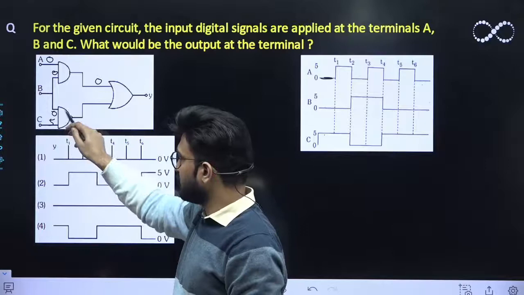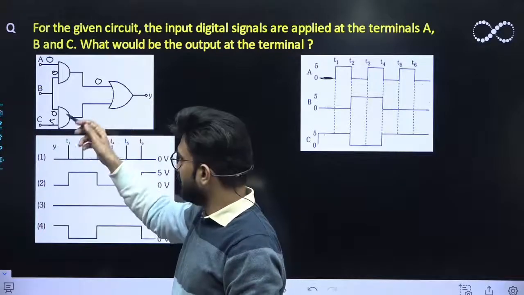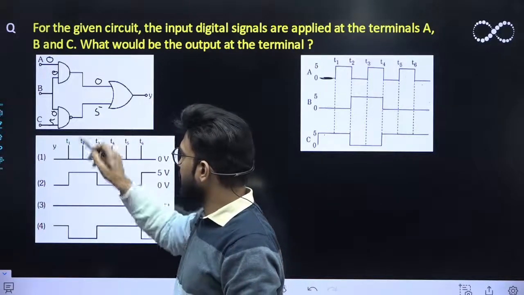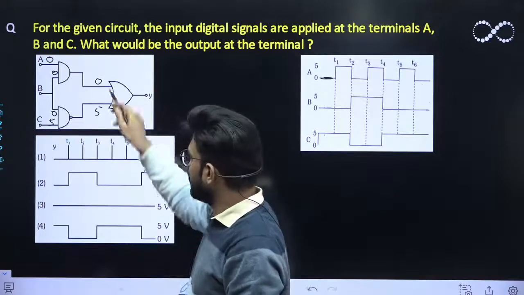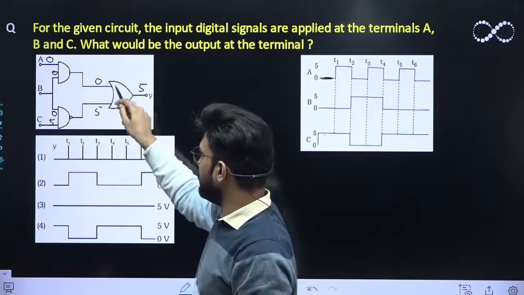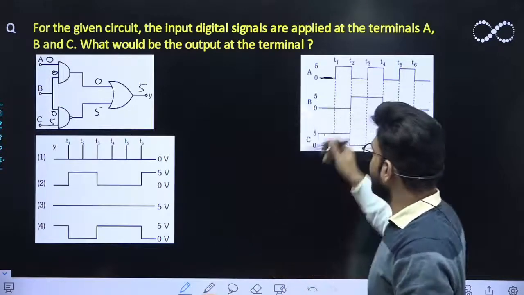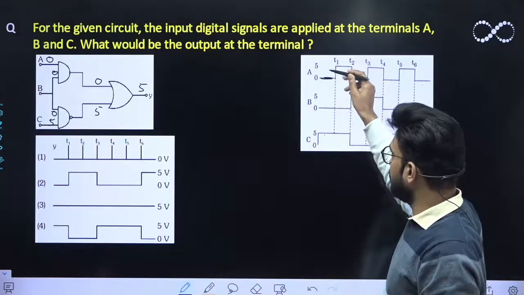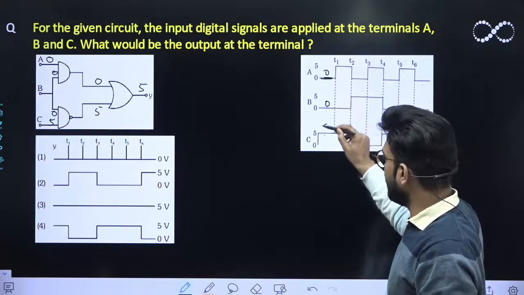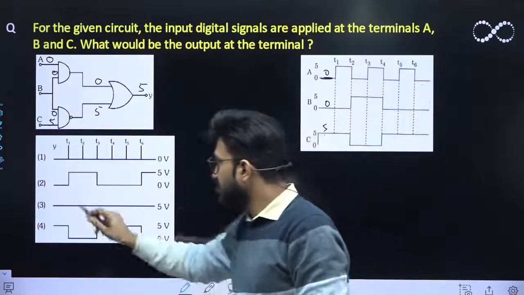This is also an AND gate, 0, 5 gives 0, and 5 you'll be getting over here. Okay, and 0, 5 comes out to be 5 because this is an OR gate. Okay, so that means if the input signal is 0, 0 and 5, you'll be getting 5 as